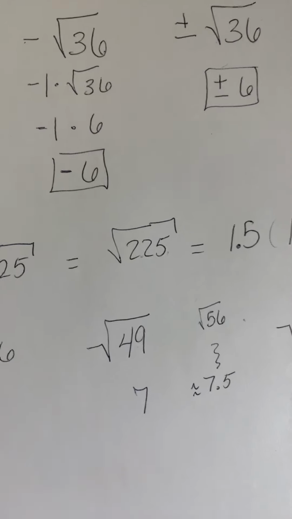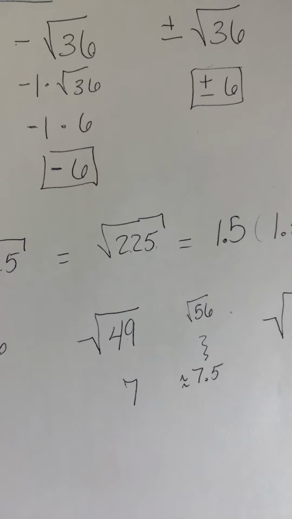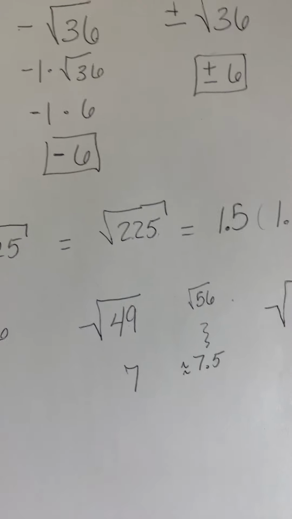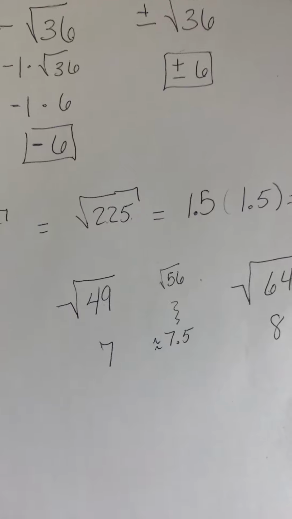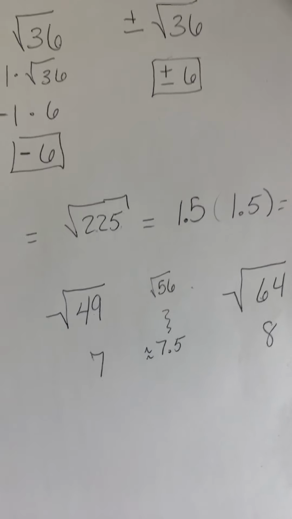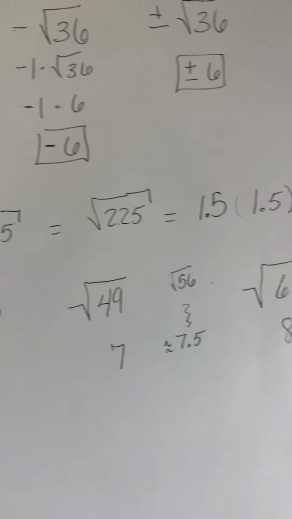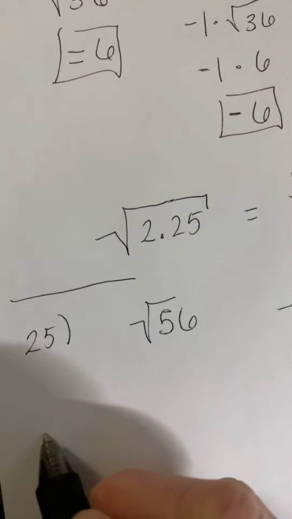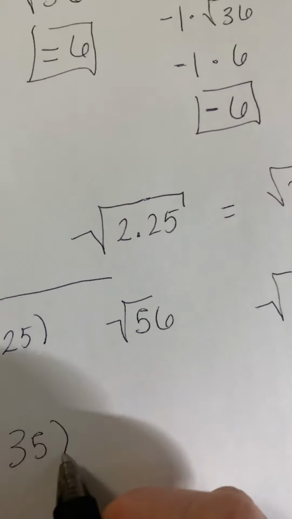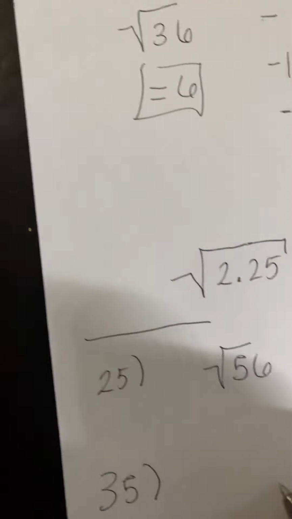Then when you get to questions 35 to 45 in your homework for 9.1, you are supposed to estimate which whole number it is closest to. And it says do not use a calculator. So if I did a question like 35, and it said the square root of 79,